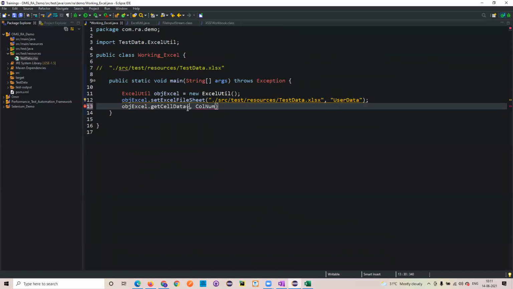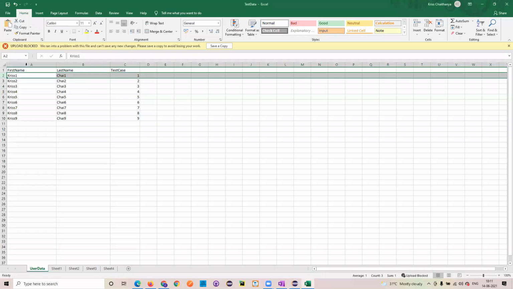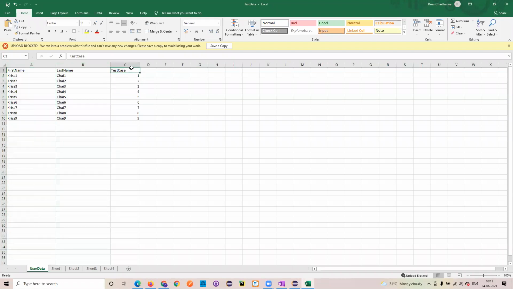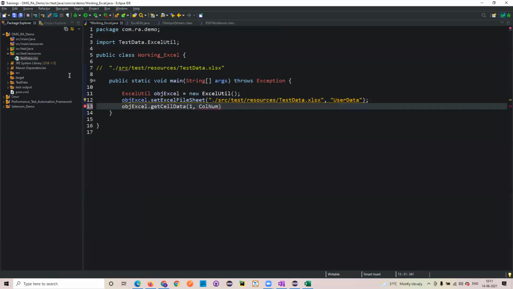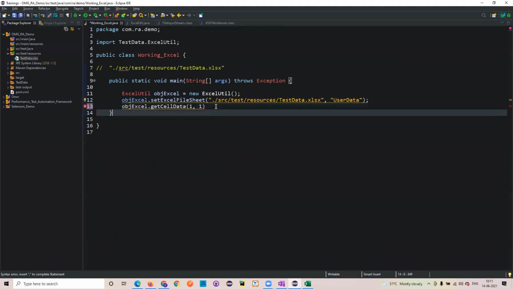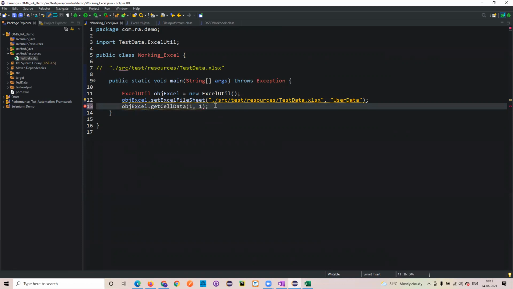Okay, so I'll try to get the first row, and what is the value? It means 0th column, first column, and then this is the second column. So now, for example, I have given the first row and first column. So I need to print chai 1. Let's see. I'll give it as 1 comma 1. When I give 1 comma 1, what will it print?